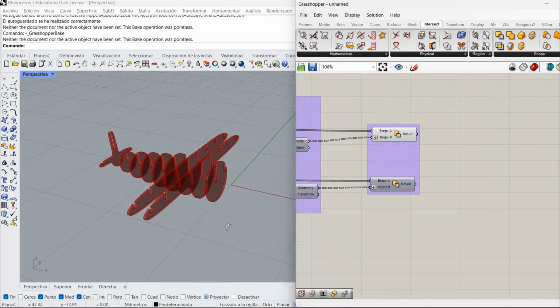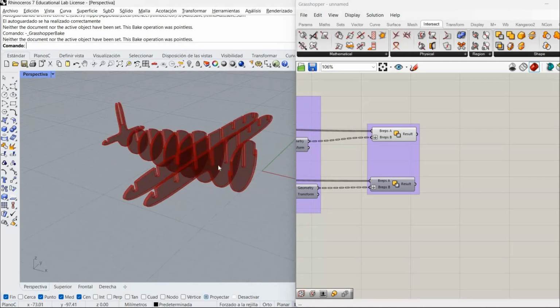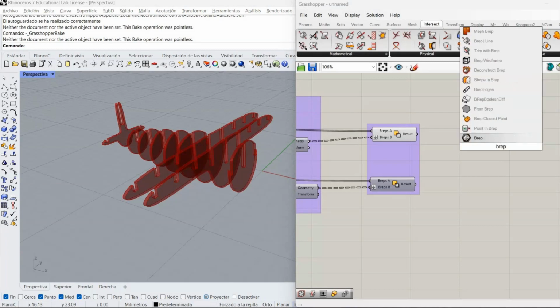So to extract the curves of each of these solids, what we're going to do is find the biggest face of each one of them, and then extract the edges of it. So we're going to use the brep edges component,